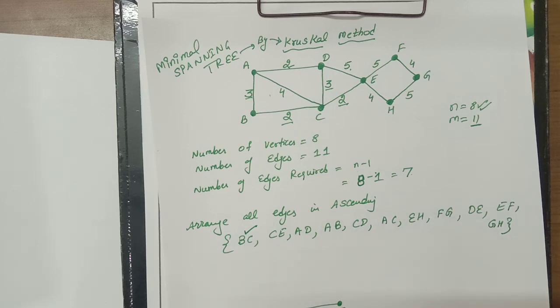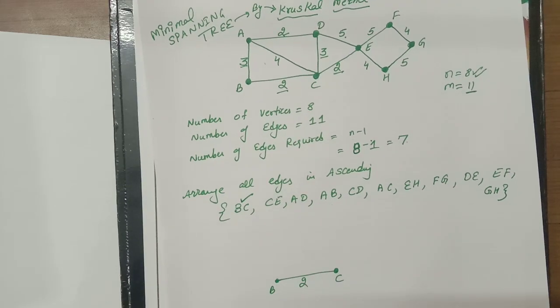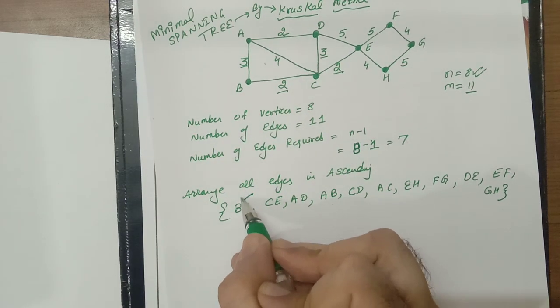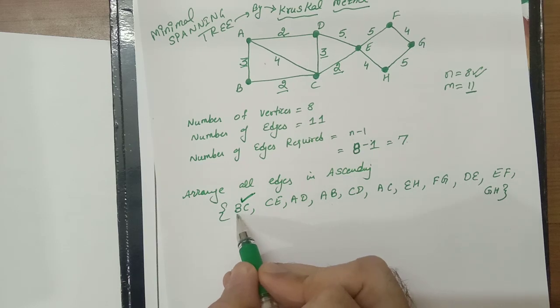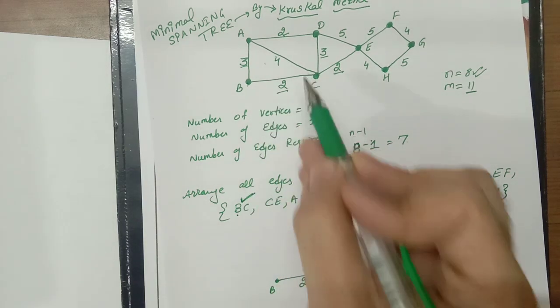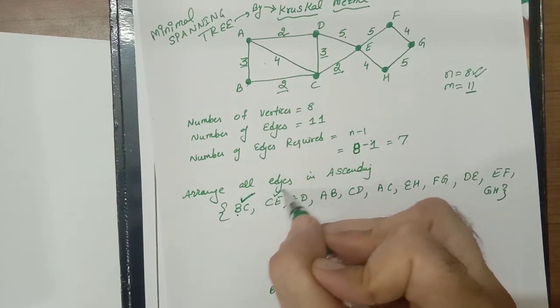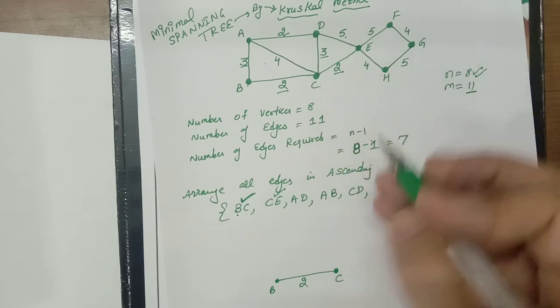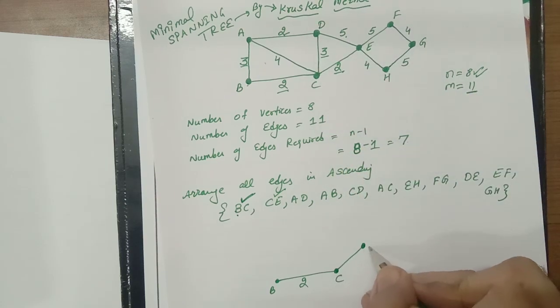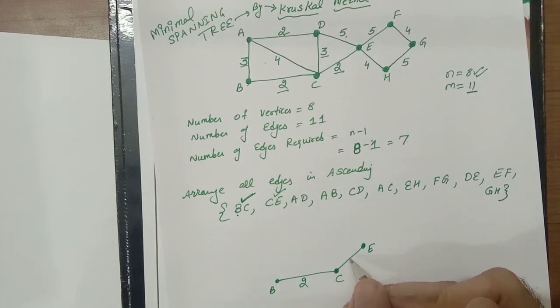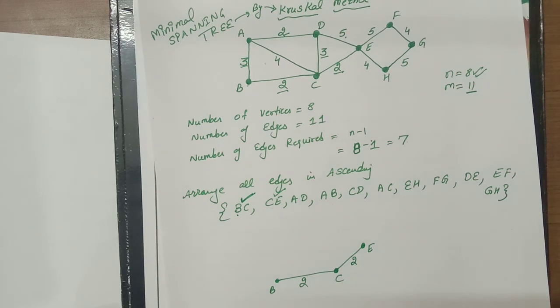Now how to find minimal spanning tree? I am explaining in one step. You can write a number of steps also. So first, edges start from the minimal. First edge is BC. So I will insert BC in my tree. This is the resulting tree that I have to extract. So I have inserted BC. Now after BC, the next edge is CE. CE I have to again insert. Now how will you insert, means accept or reject that edge?